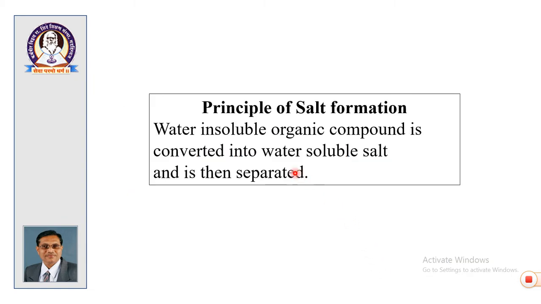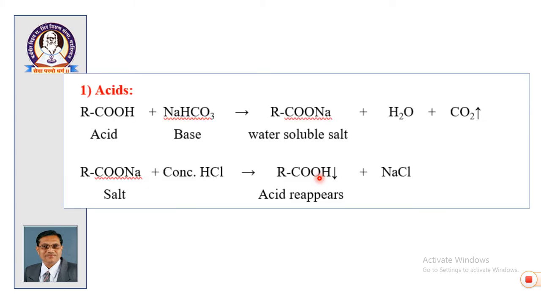Okay. So, what is the principle I mentioned? This water insoluble organic compound is converted into a water soluble salt and then it is separated, then it is detected. So, salt formation is the principle. See the reactions that are taking place, as I mentioned. If your compound is acid, after detecting the type, you are going to write the proper set of reactions below the type. If your compound is acid, then you should not try for phenol or base or neutral.